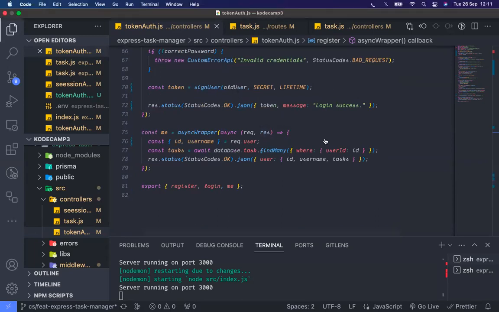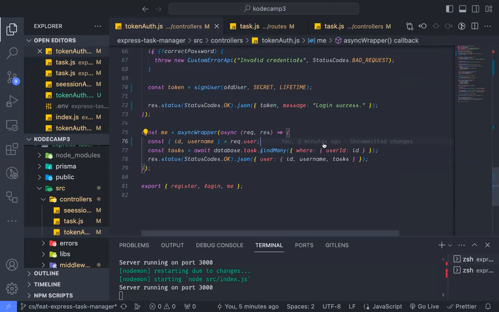And then we make a request, and when the request gets to the middleware, it will check for the token and try to decrypt that token with the secret we used to encrypt it. After decrypting it, it will get access to the user's ID and the username. And then before sending this request back to the client,